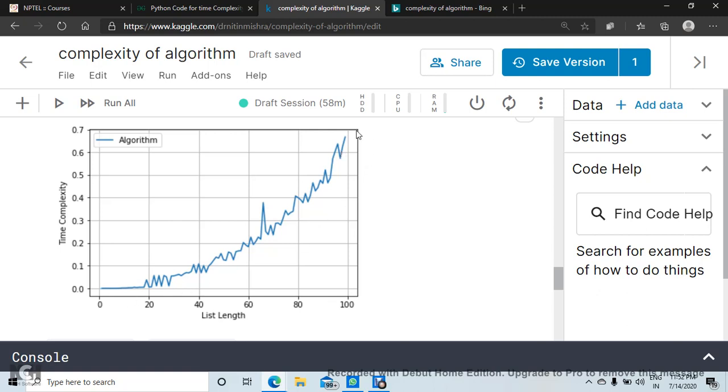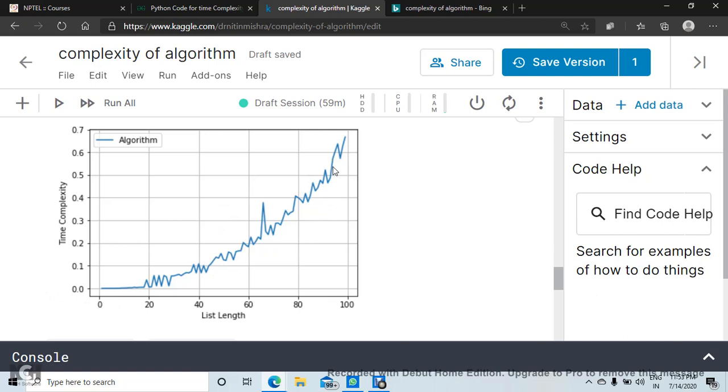Okay, parabola kind of a curve is there. So whatever we had theoretically calculated, now you see that we can also justify it in our practicals.